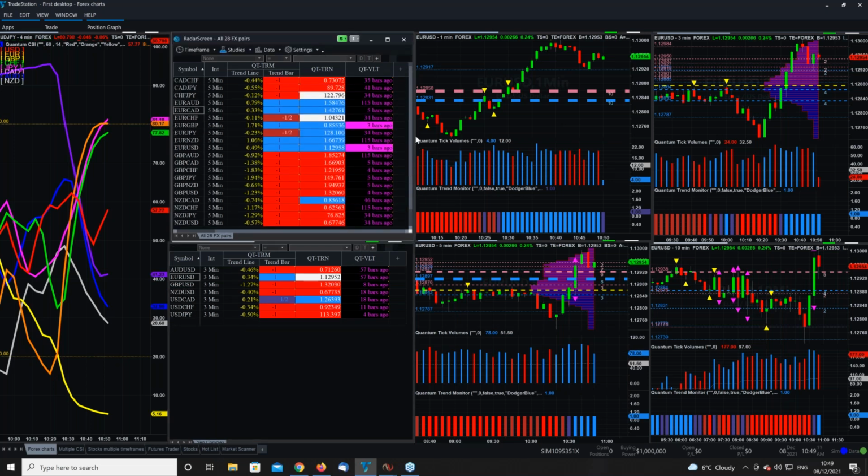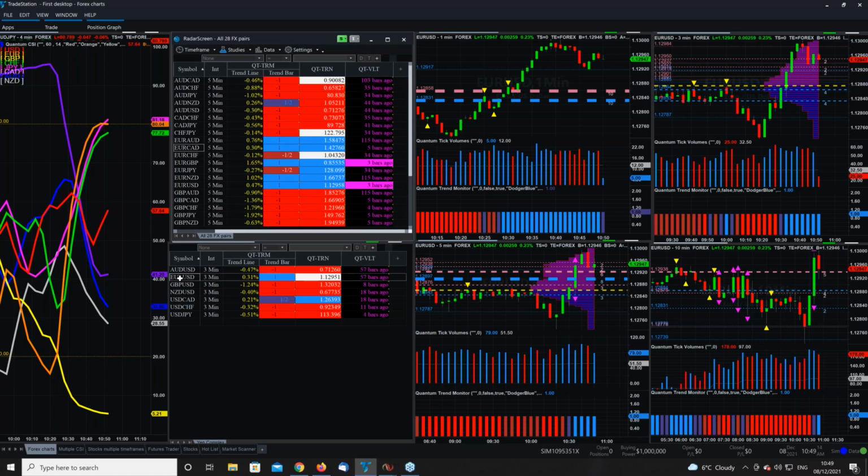I've got the 28 pairs here, and below it, I've got this little dollar matrix, which just gives us a straight through view on the dollar, but this could be anything. It could be euro, it could be currency pair based, or it could be based on a particular currency such as dollars, such as yen, whatever. And it's just such an easy, quick way. Not only do you get this on the radar panel, we've also incorporated the indicators exactly the same way as we have on TradingView. We've got them on TradeStation here, and this is what we'll do on NinjaTrader as well.